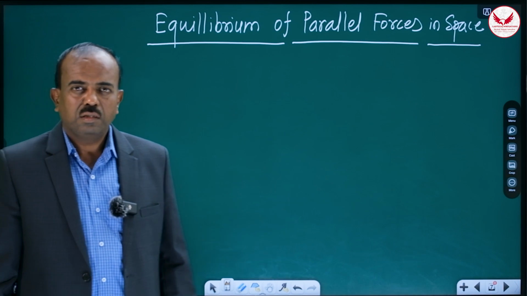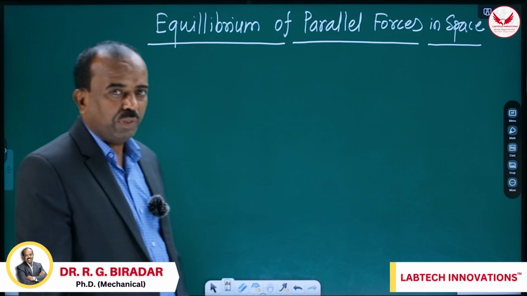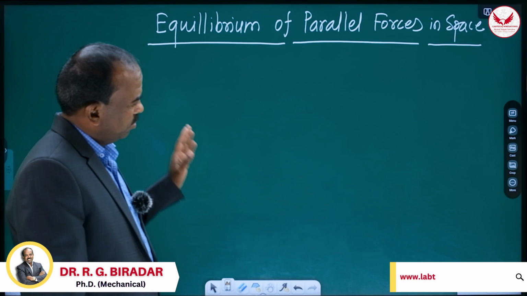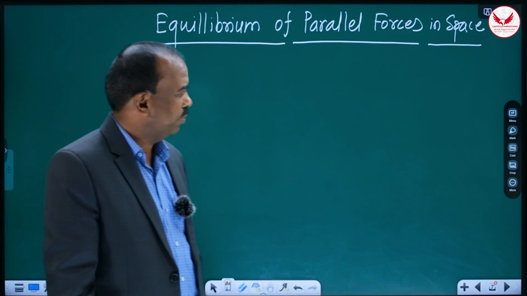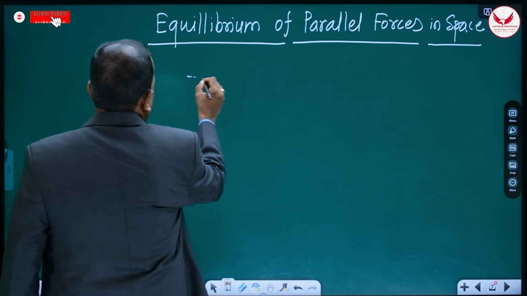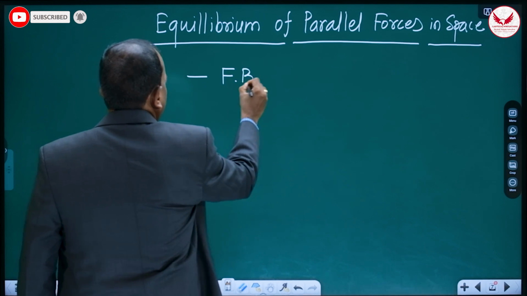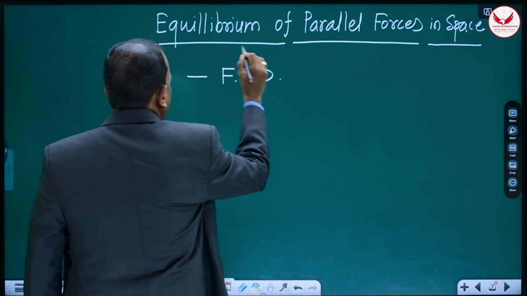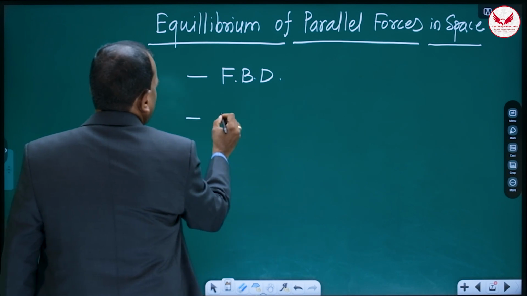Hello friends, today we'll see the problems on equilibrium of parallel forces in space. Then which are the basic steps you have to follow while solving these problems. Very first step is what? Equilibrium means always we'll have to draw the free body diagram. First step will be free body diagram. And once we draw the free body diagram, then we'll use